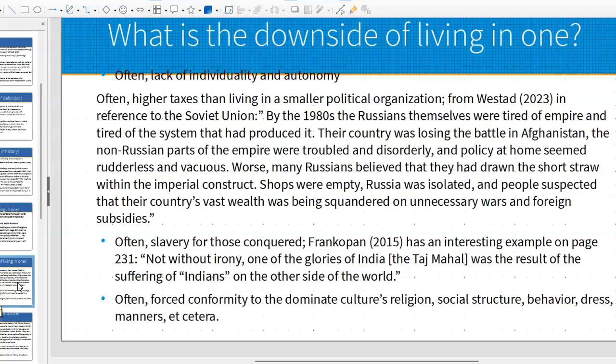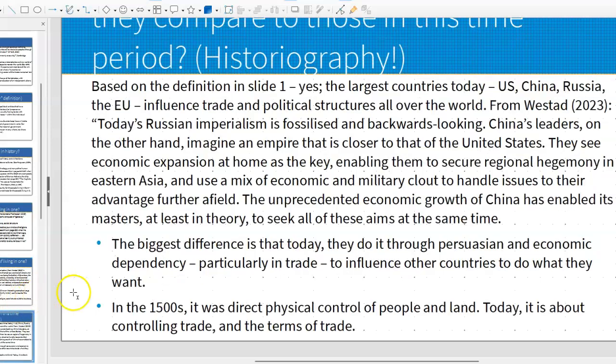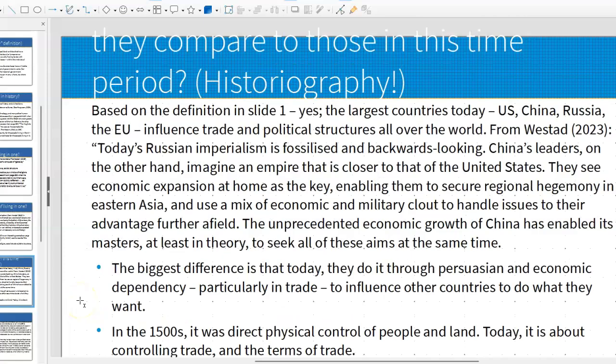So a lot of interesting things will become part of the structure of living in one, much of which is giving up one's own indigenous culture and society. We see that definitely with the indigenous Americans and with a lot of other Asians as they become controlled by Western Europeans. All right. So how do the empires of this time